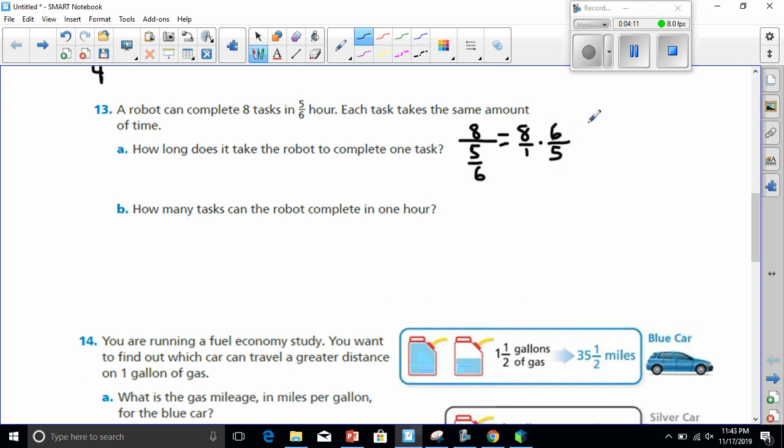So this means we've got 48 tasks that can be done in 5 hours. Okay? Let's not confuse that. Now it says, how long does it take a robot to complete a task? Well, they're asking for time here, aren't they? So we're not going to give the answer in tasks, because it's 48 tasks in 5 hours, which means to complete 1 task, well,